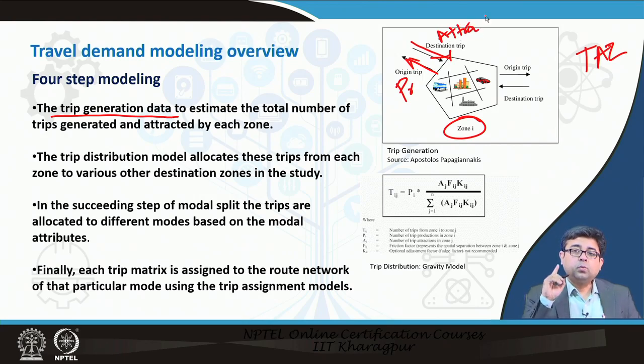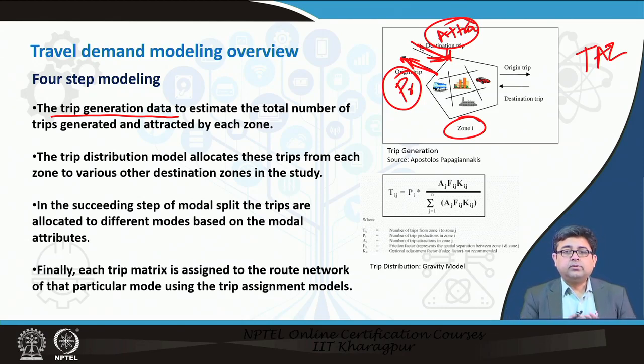So a trip is just a one way travel from point A to point B. It is not a round trip. It's just a one way trip. So this is one trip and this is the other trip, and any trip that is being produced is an outward trip, it is called a production trip, whereas anything that is an inward trip, the zone is called an attraction trip. So the first step in the 4-step model only does that. It develops an estimate for the number of trips that are generated, meaning produced and attracted by any particular zone.